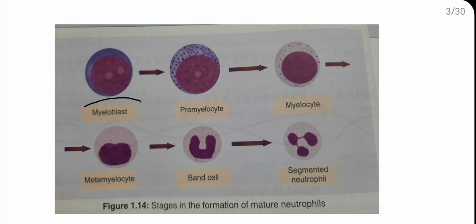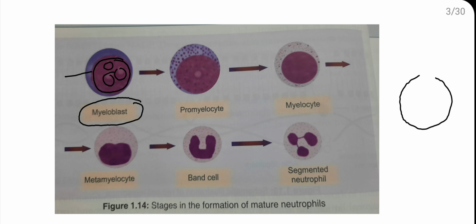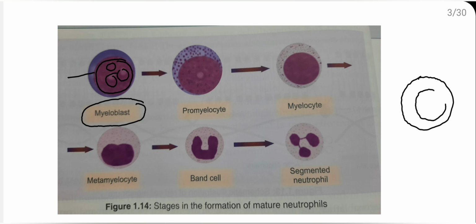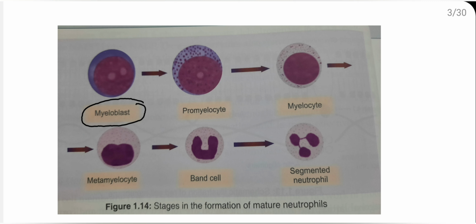Here, let's see myeloid series. Myeloblast. How to identify a myeloblast? Myeloblast is about 15 to 20 micrometer in diameter. It has got a round to oval nucleus and small basophilic cytoplasm. And nucleoli are 2 to 5 usually. Just to brief, outside is cytoplasm, inside the cytoplasm is the nucleus, inside the nucleus are nucleoli. And one more thing you have to remember is, in myeloblast, the chromatin is fine.